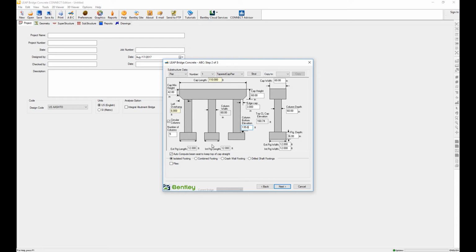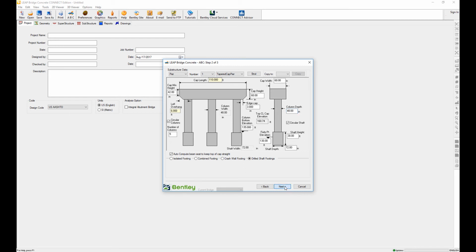Right, it could be a footing, could be a combined footing, it could be a crash wall, could be also a drilled shaft if you want to. Let's do a drilled shaft to follow the example here. 130 on the shaft height, 30 on the depth. Let's do it at 72. Right, column depth. Okay, you just define the dimensions that pertain to your project, that you think that you're going to use in your project. So, saying all of that,